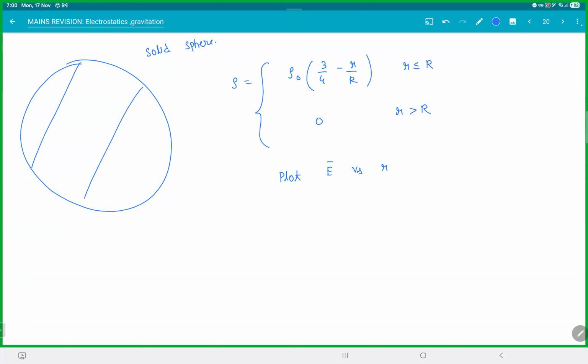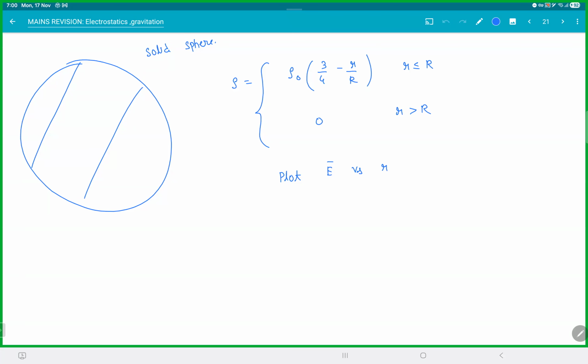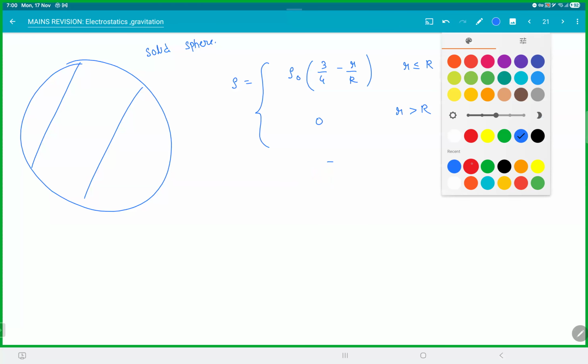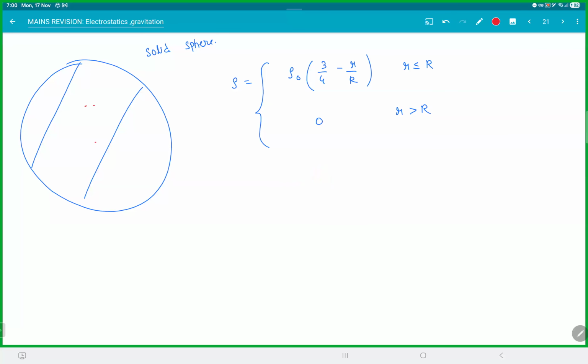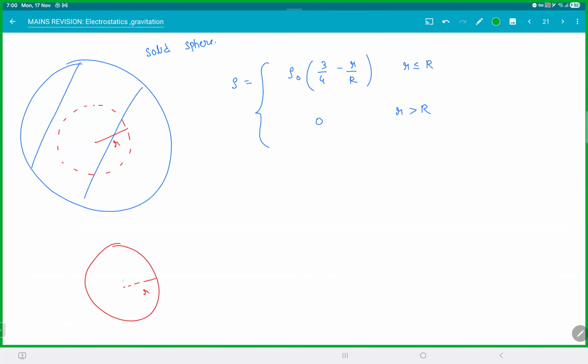How do we start this? Within first minute, you should have got an idea like how to handle this and what are the steps. Consider a Gaussian surface. Let the distance be some x. Distance r. This will involve little work. Now in this sphere of radius r, first of all, I need to find the charge inside. At a distance x, if you take a thin shell